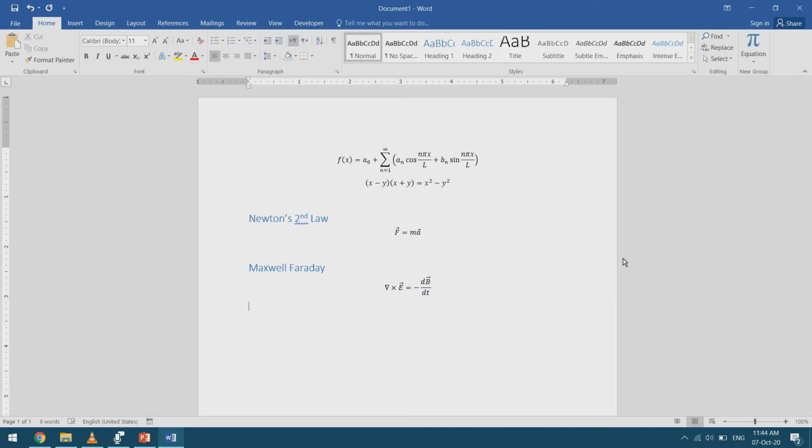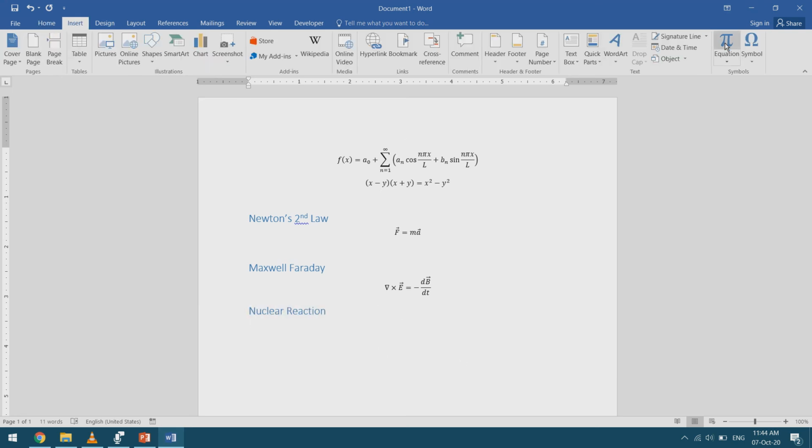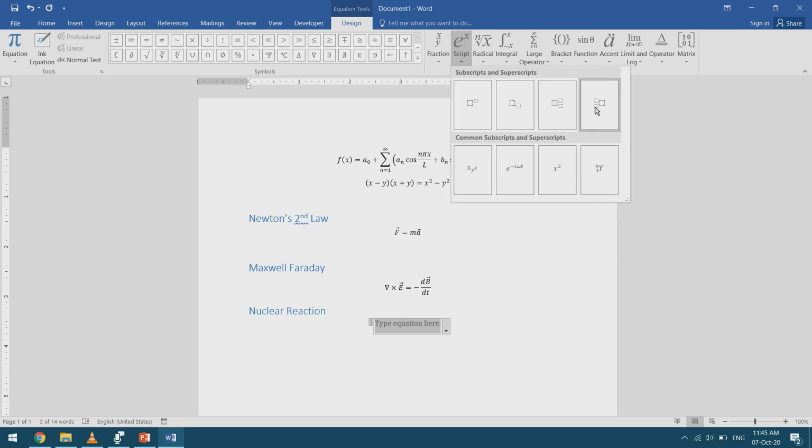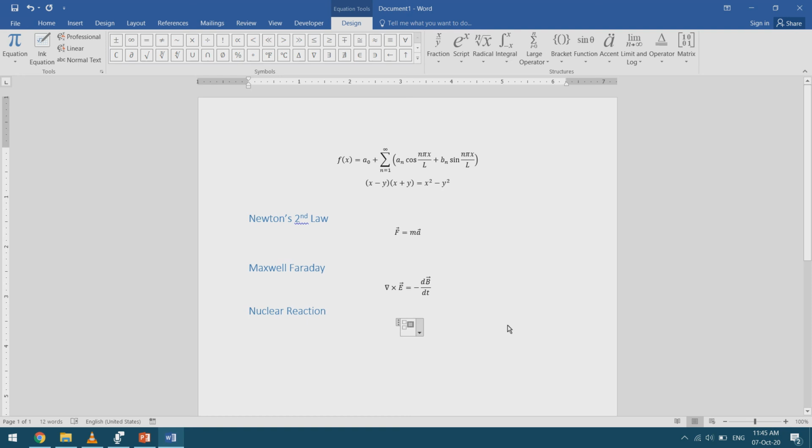Let's try another form of equations. So this is a nuclear reaction equation, and I'll go to Insert Equation, and here I need to use a script. So I'll go to Script and I'll choose this one, and again I'll type the symbol. I can navigate between them. So this is 25, this is 12, I'll choose this again. So